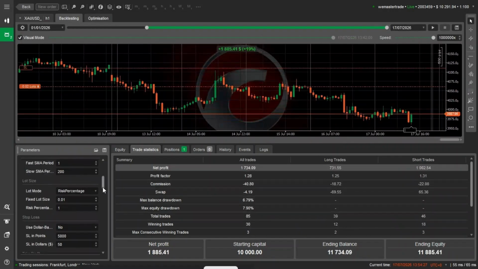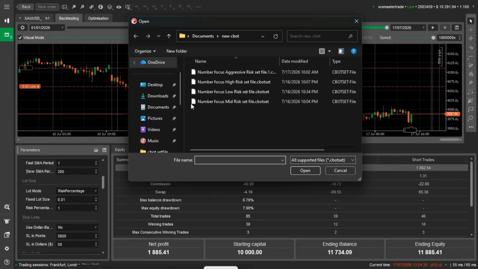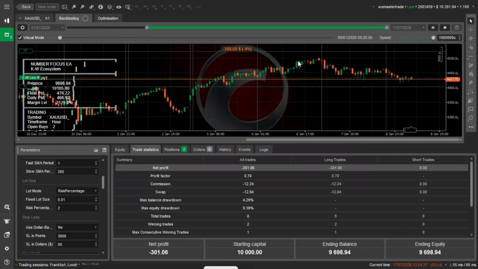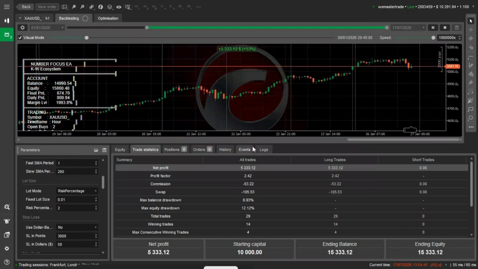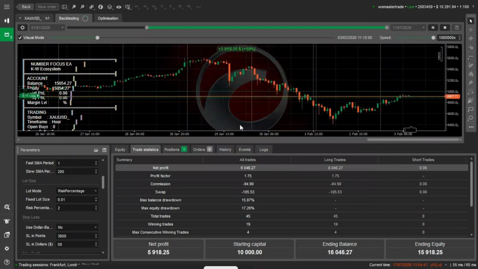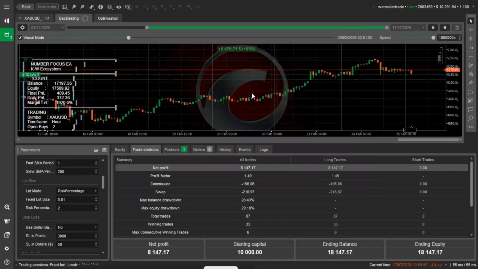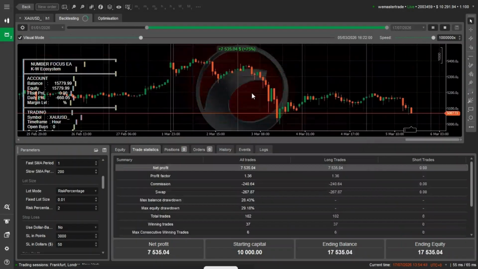So let's check the last one. Okay, let's check this aggressive. You can just run it on your own. You're able to see the difference. This one is very aggressive mode, and this one is meant for... You can see the profit so far. This one is meant to pass a challenge account as fast as possible if you have resources to come